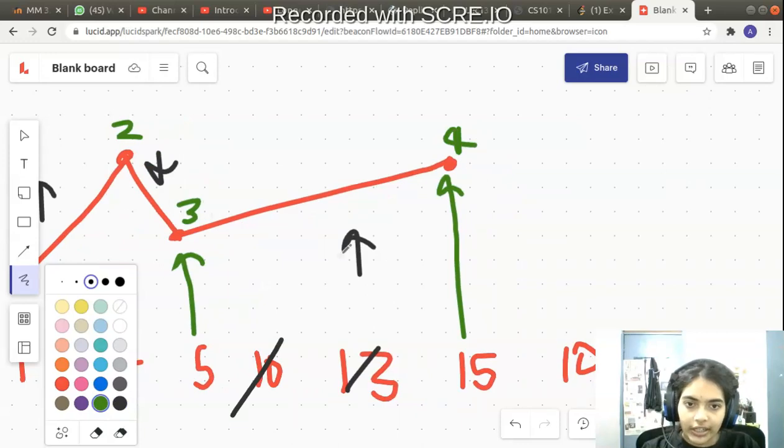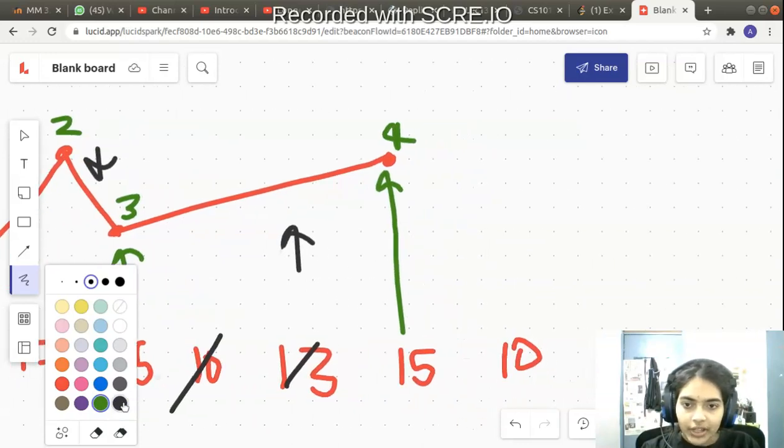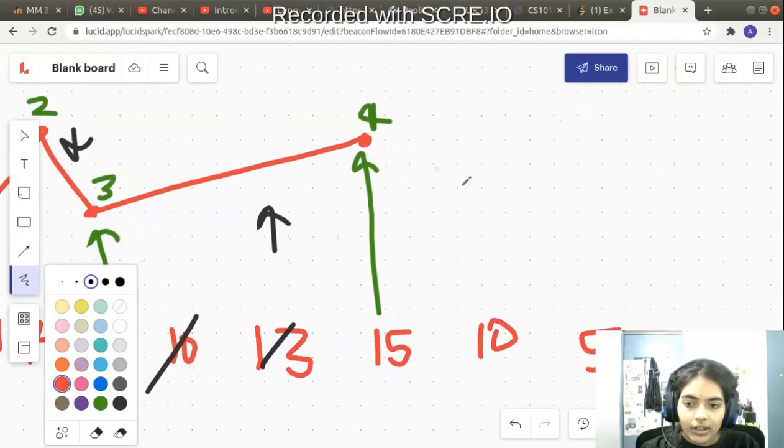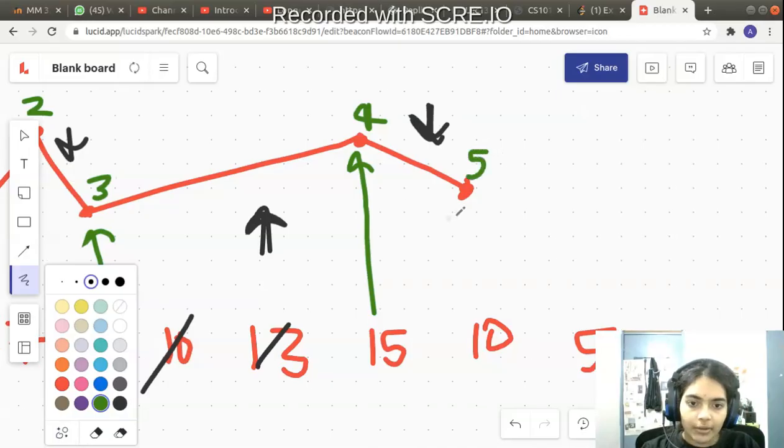So increasing, decreasing, increasing. Now I reach the next number, 10. When I reach 10, I go to a path that is decreasing. So now I get the next sequence. After increasing, I again get a decreasing value. So now it is aiding my wiggle subsequence. So I have the fifth number in my wiggle subsequence.